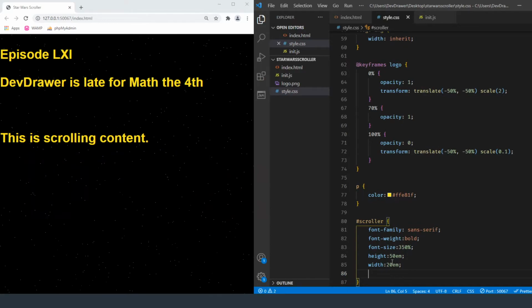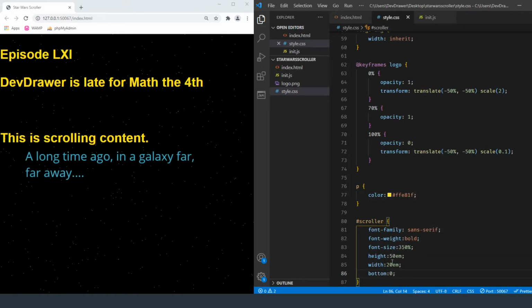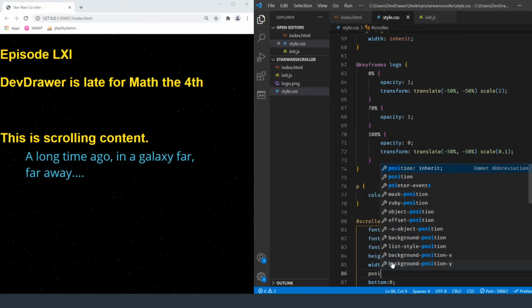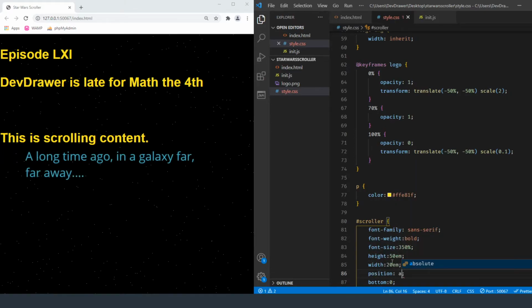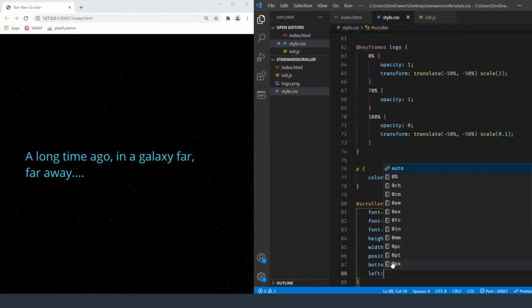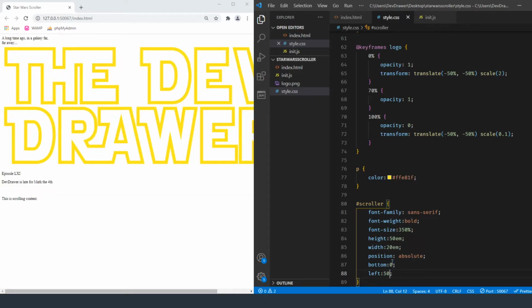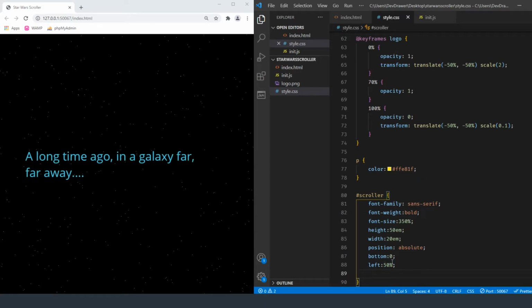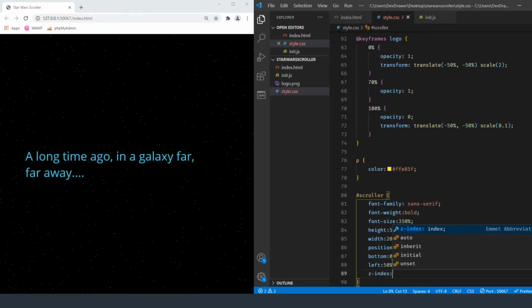And we also want it to come from the bottom, so we're going to do bottom 0, which reminds me we need to do a position of absolute, and then we do bottom 0, and then we can do left 50%, and let's give it a Z index of 0.